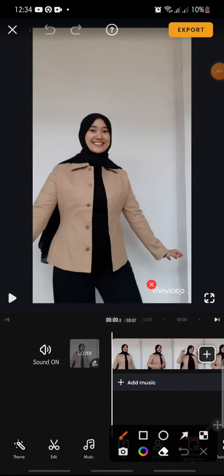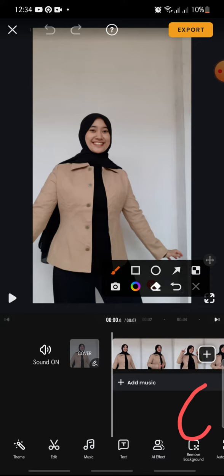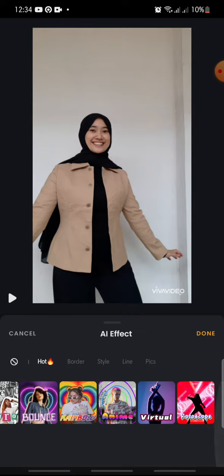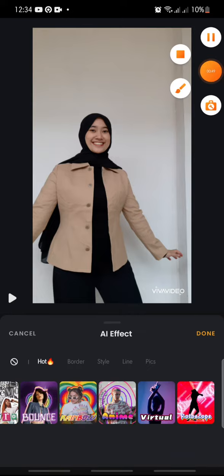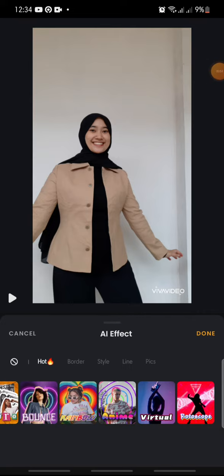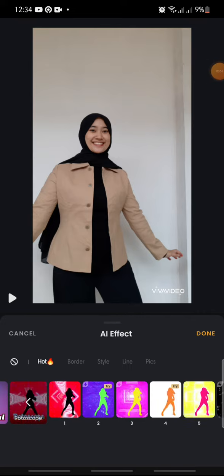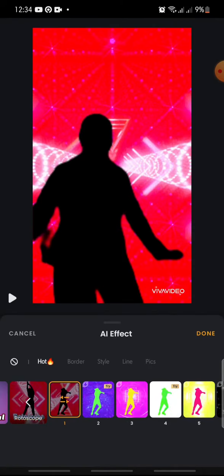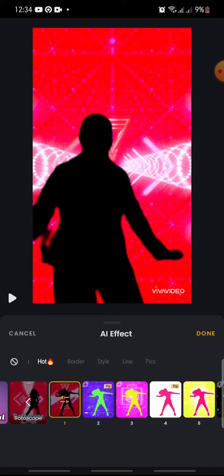the effect at the bottom. Okay, this one you can click on the all effect, and after this at the menu you can swipe until you can see a rotoscope effect. This one you can click on it, and after this in here you can click the rotoscope effect that you want, maybe on this one,